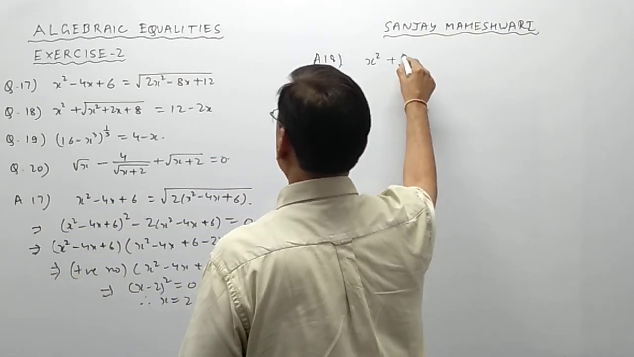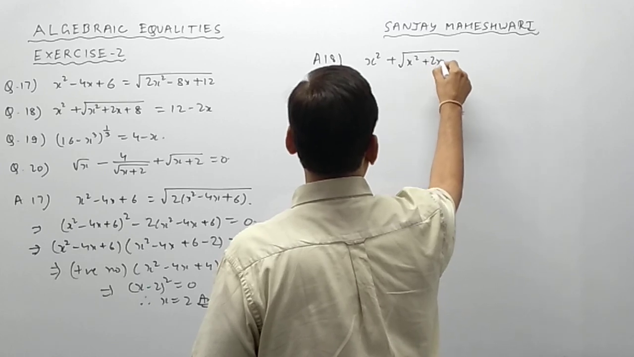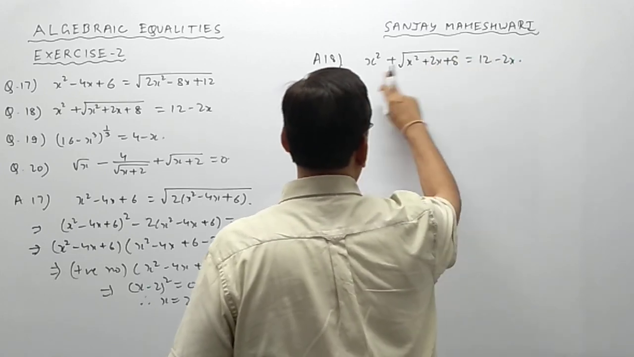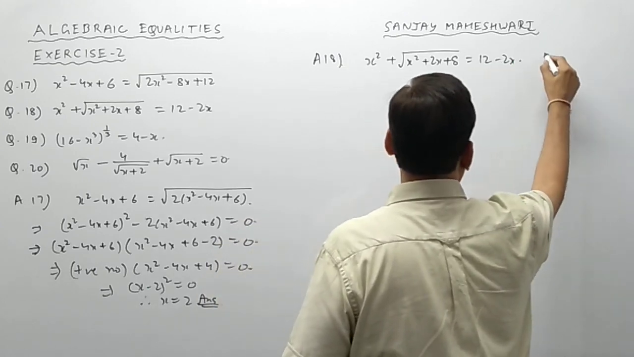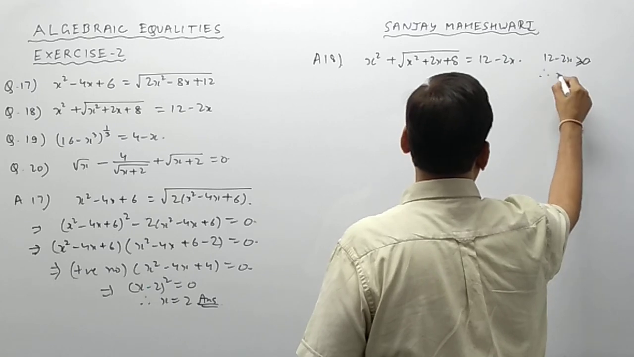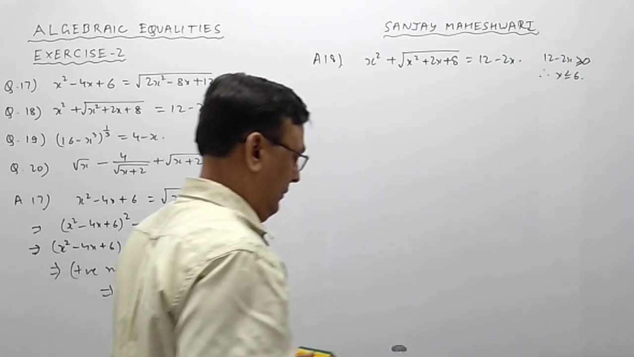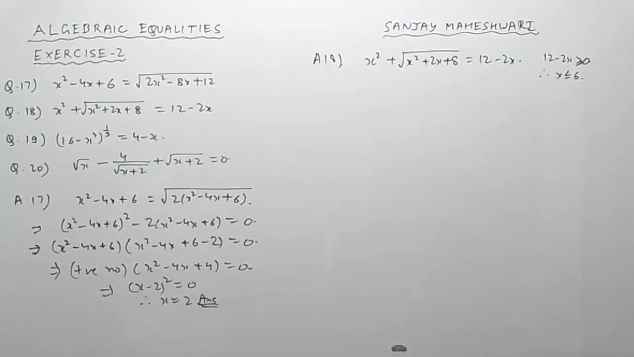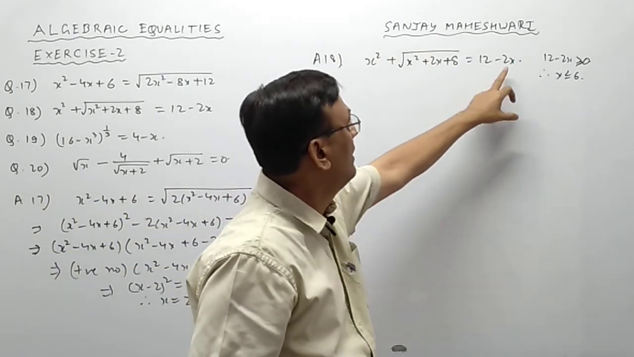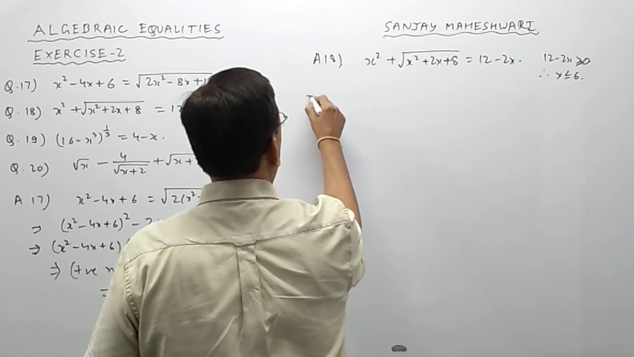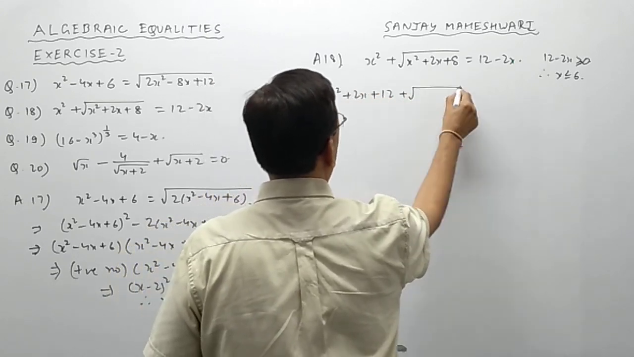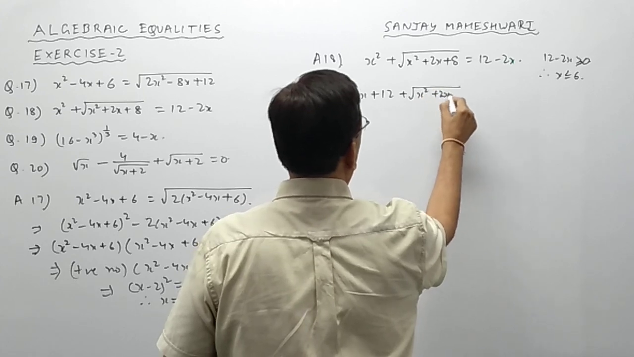x square plus root over x square plus 2x plus 8 is equal to 12 minus 2x. This is positive, therefore this should also be positive. So 12 minus 2x greater than or equal to 0, therefore x is less than or equal to 6. So this is the thing we need to do. Now, we cannot take x square to that side and square it. Instead we will bring it here. So this gives us x square plus 2x minus 12 plus root over x square plus 2x plus 8